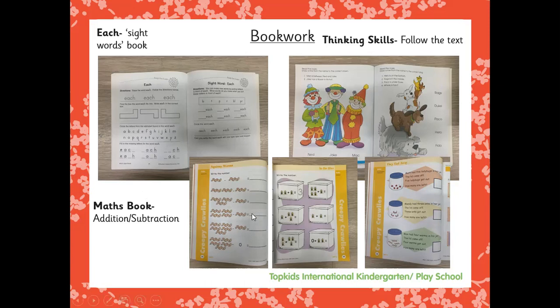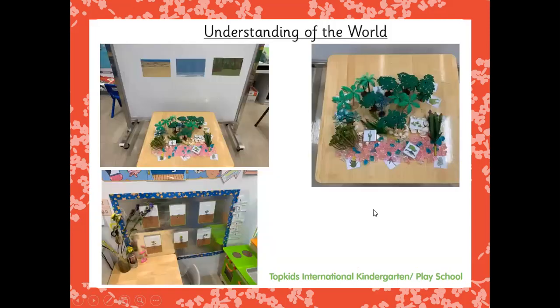So a page of subtraction, a page of addition, and then again, more text, quite text heavy, the books this week. Yes, so that's the book way. Of course, we had the journal as well and handwriting. Okay,